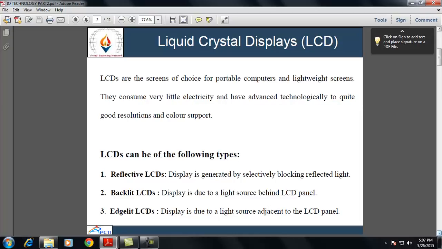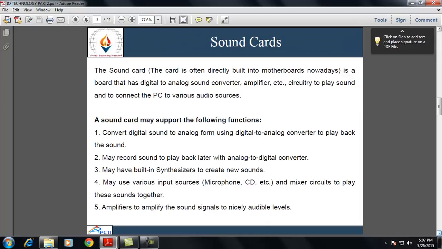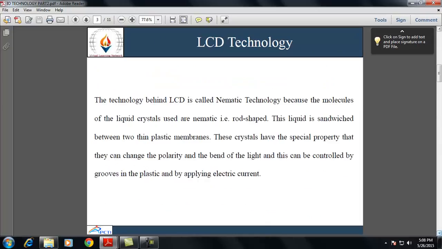LCDs can be reflective LCDs, in which the display is generated by selectively blocking reflected light. In backlight LCDs, the display is due to the light source behind the LCD panel, and in edge light LCDs, the display is due to a light source adjacent to the LCD panel. If we talk about LCD technologies, the technology behind LCD is nematic technology.